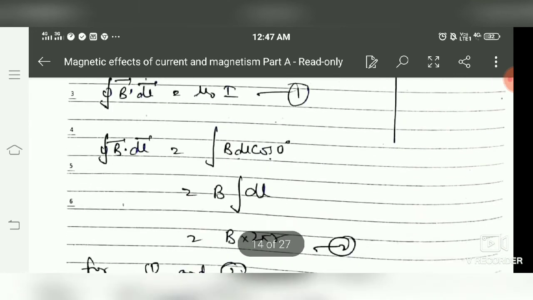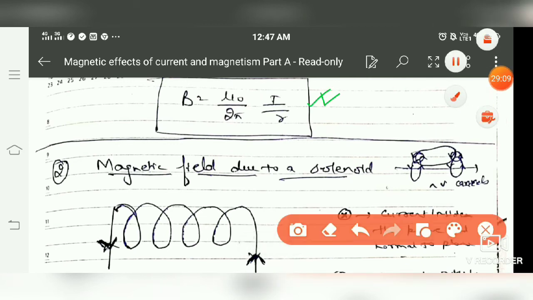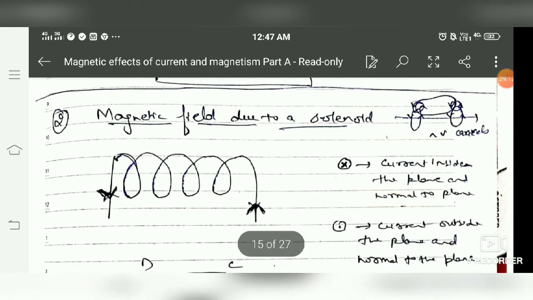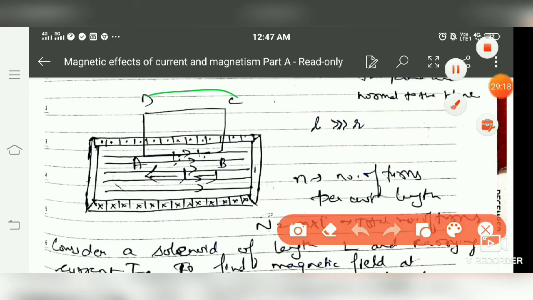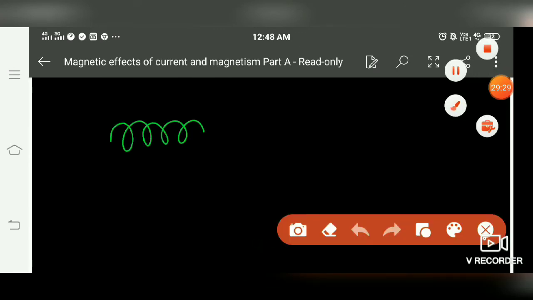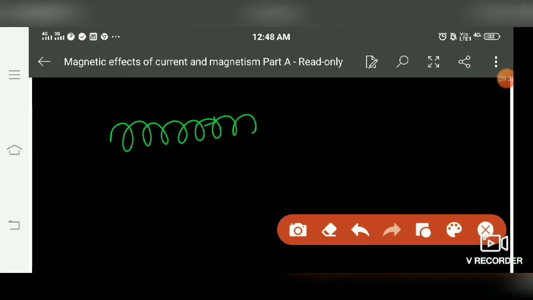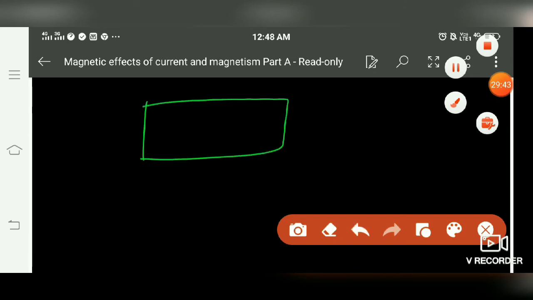So the next case we have to discuss. We can see here that the magnetic field due to a long straight conductor is mu naught by 2 pi into I by r. Next we have to take the case of a solenoid. Here this is the solenoid. Again we have to take a loop like this, and say this is the direction of dl. Now again I am going to discuss this with you in detail. Say from here current is leaving and from here current is entering. We can represent this solenoid with this type of box.